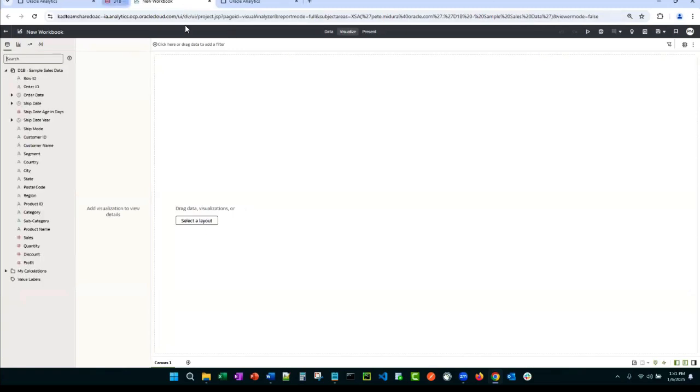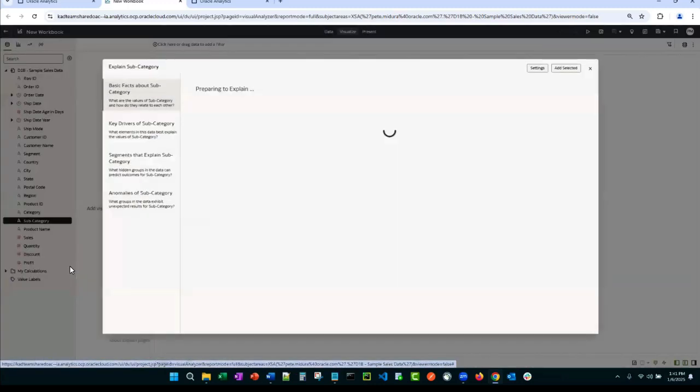All right. So we are in the workbook editor right now. And you can see this is our data set. This was the Excel file that we loaded in there. You can even see the 2 new fields we created, ship date year and ship date age. But now when you get to this blank canvas, and let's say this data set is new to you, well, how do you start learning about the data? You can ask the system to explain it to you. So if you right click on a column or data point, you can say, explain it to me.